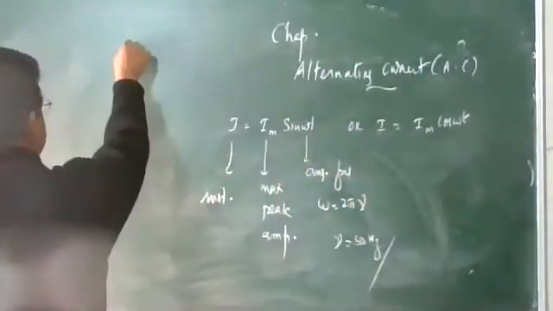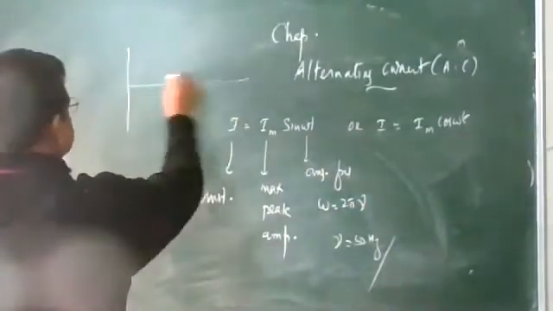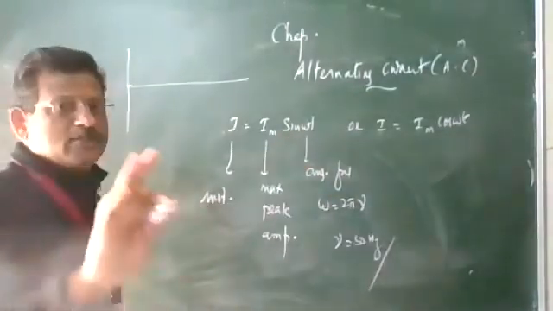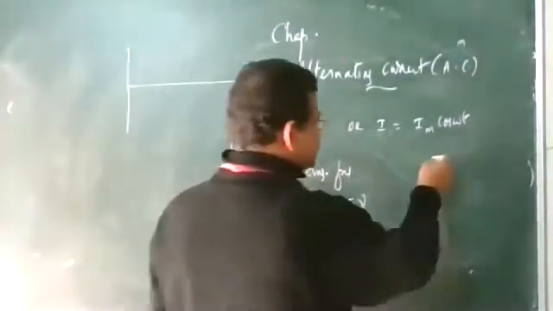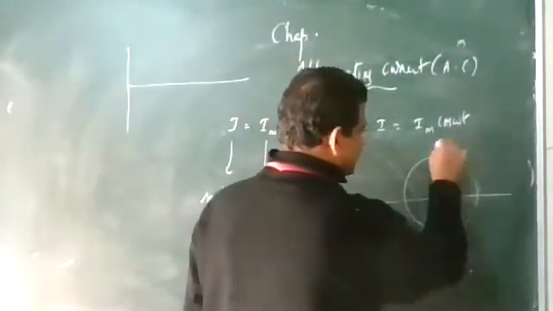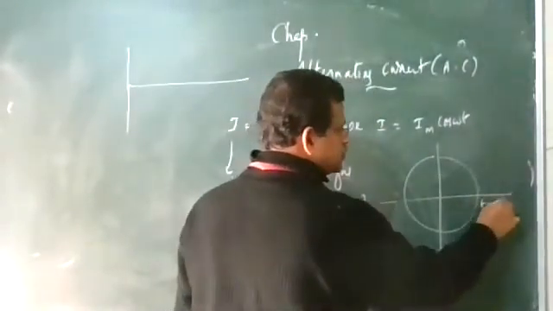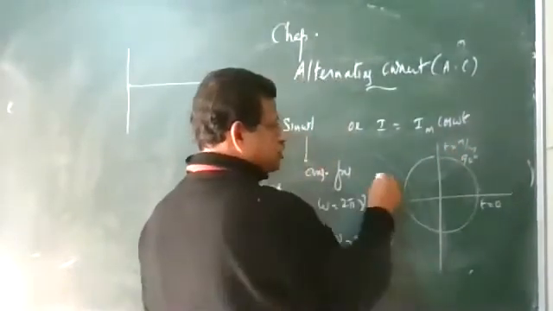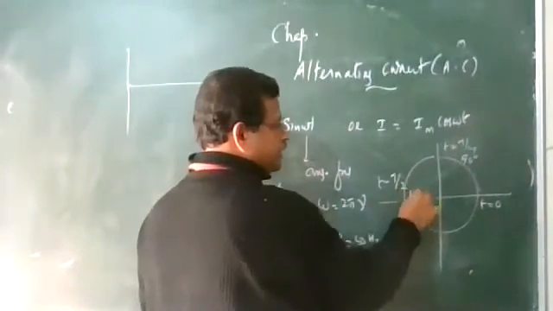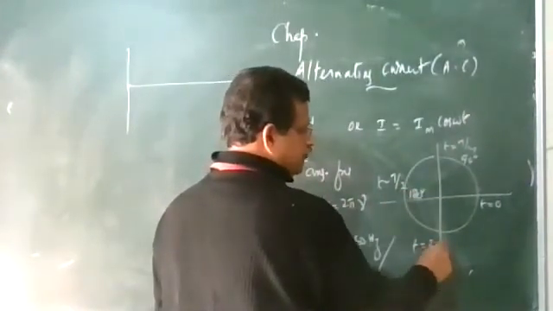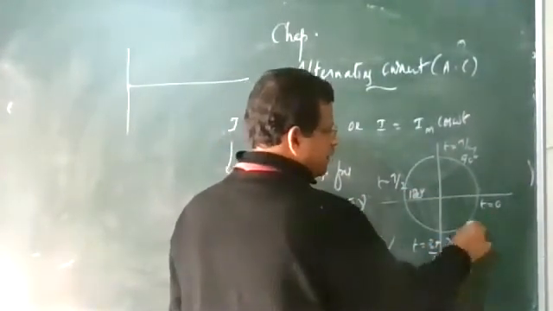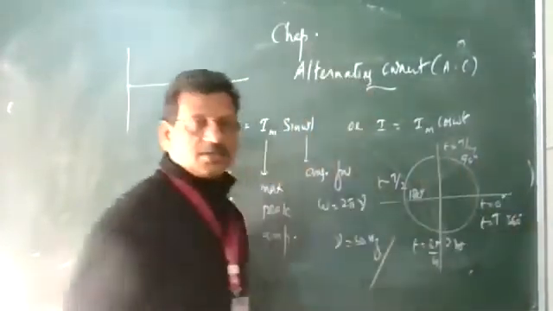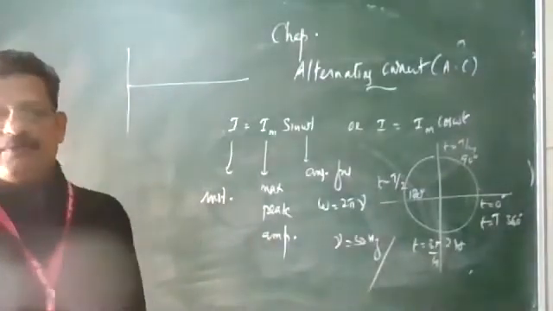If we plot the variation, we can write it like this. The variation with time depends upon the rotation. So this diagram will help you recognize the time and the angle. Time starts from 0, then T by 4 is 90 degree. Next rotation, when it is T by 2, 180 degree. When it is 3T by 4, then it is 270 degree. When t equals capital T, 360 degree. So this is the time and angle.